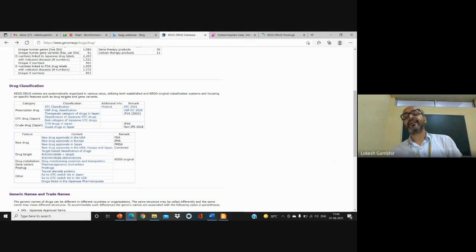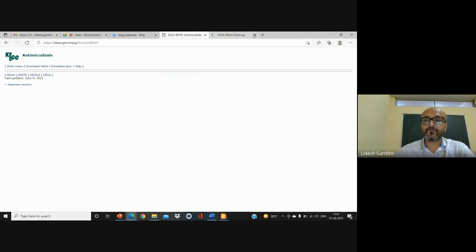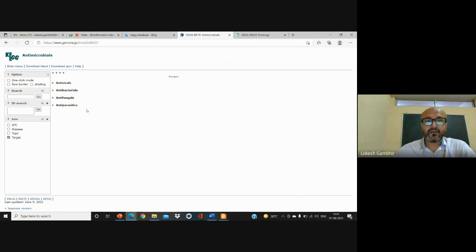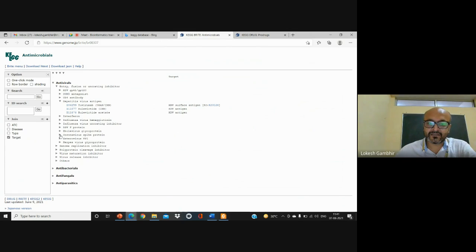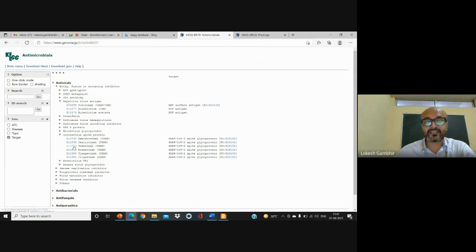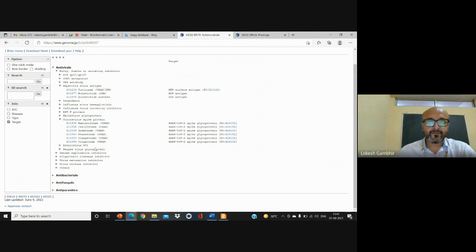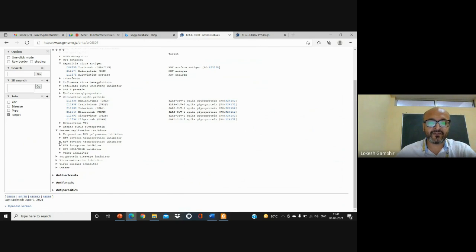If you want to study antimicrobial targets, you can click on this and you will directly go to the antimicrobial drug target. Like the antivirals that we have talked about, for example in terms of fusion and entry, complete information will be there. If you're talking about the hepatitis B antigen, what are the drugs used against the hepatitis virus? Or if you're talking about the coronavirus spike protein, what are the drugs targeting the spike proteins or the surface protein of the coronavirus in terms of antivirals? Like we discussed, what are the replication inhibitors, in terms of reverse transcriptase inhibitors for HIV or any other drug.